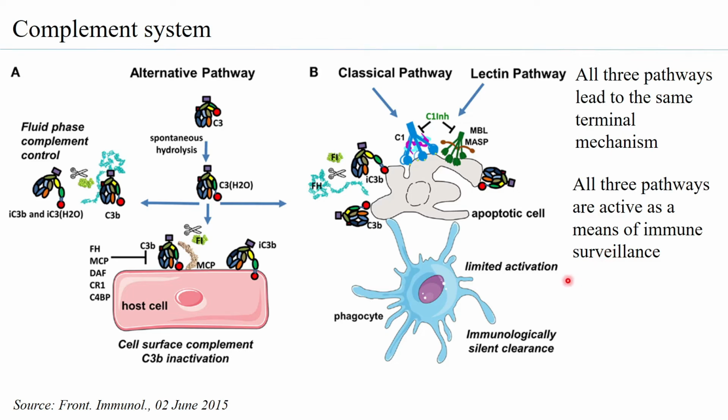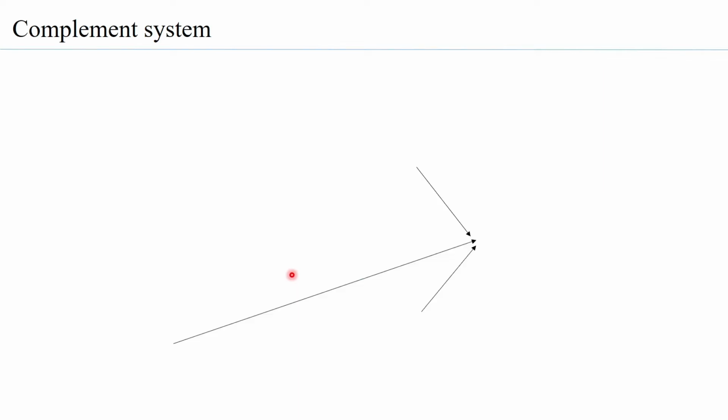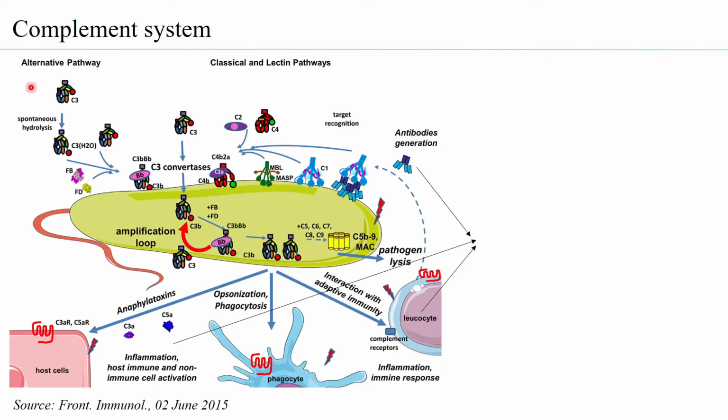All three pathways are active as a means of immune surveillance. That means they can recognize foreign particulate matter, and all three pathways are regulated to keep activation limited in physiological conditions. When it is a pathological condition, the regulation is different. When it is a physiological condition, the regulation is different. Now, the alternate pathway, the classical pathway and the lectin pathway